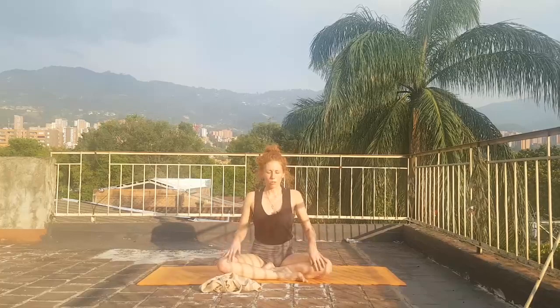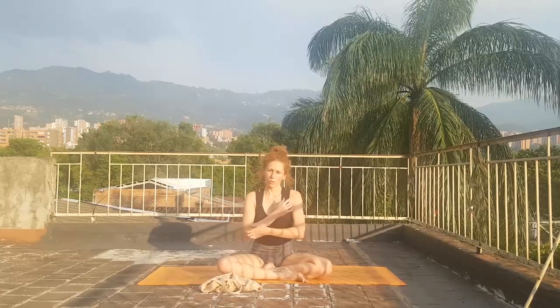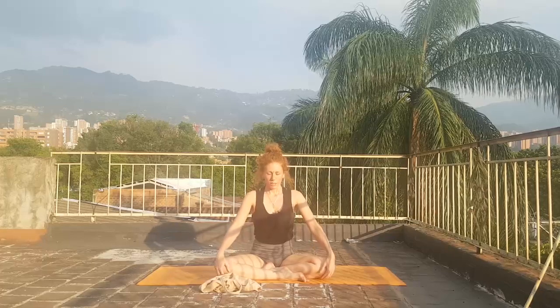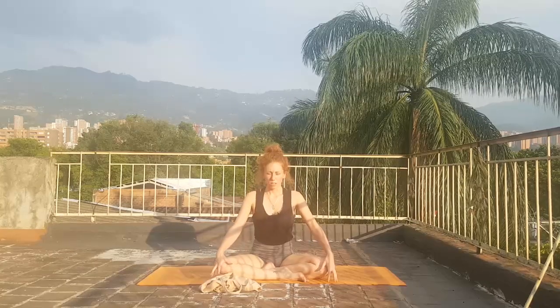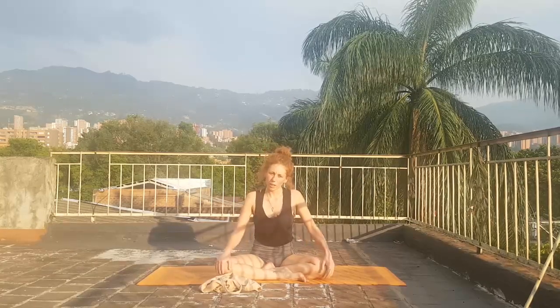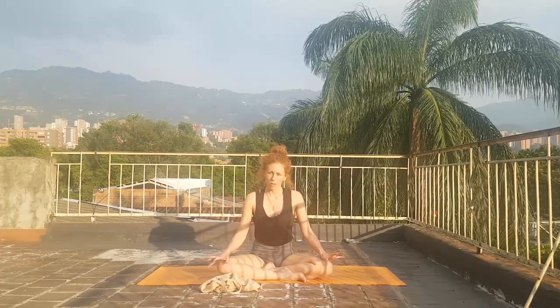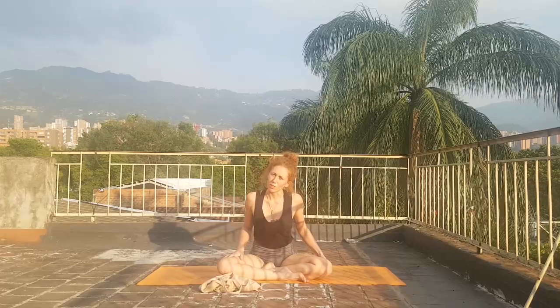And just take 2 or 3, well, the longer the better. Take 2 or 3 minutes, definitely. Taking deep inhales and exhales. Bring your focus onto your breath and let your body fully relax in whatever position you like, whatever position you feel comfortable